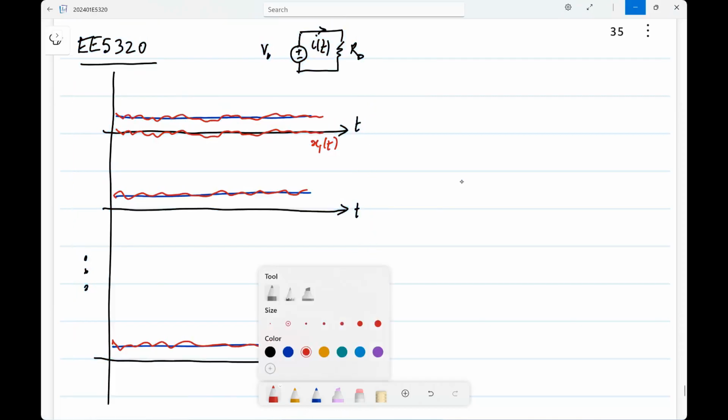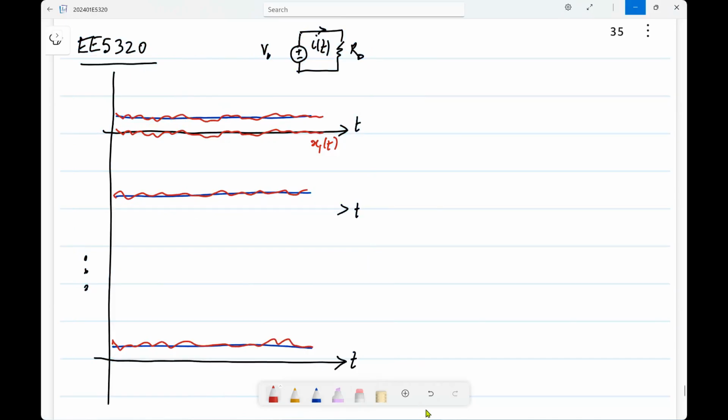In this case, the noise would be something like that. This is x2 of t and so on. This is, let's say, some xn of t. Those are the noise waveforms. Now we can treat each one as some known signal. Each case is a known signal, and we can calculate